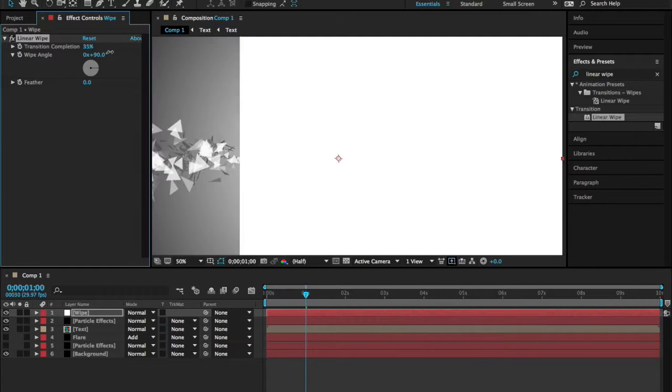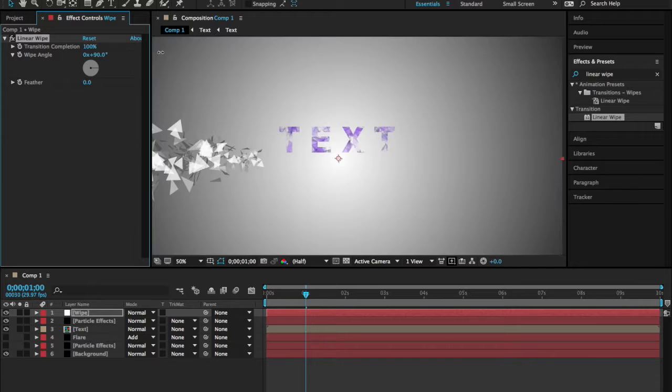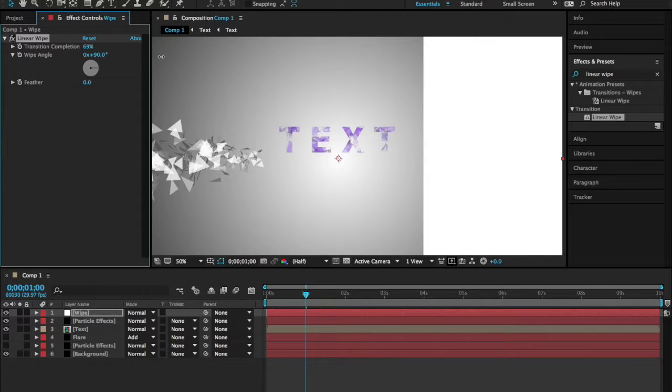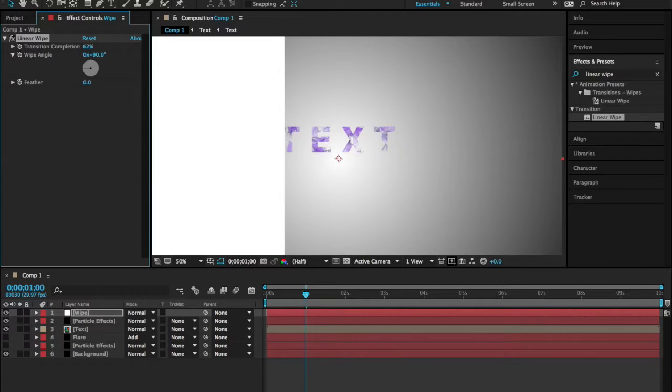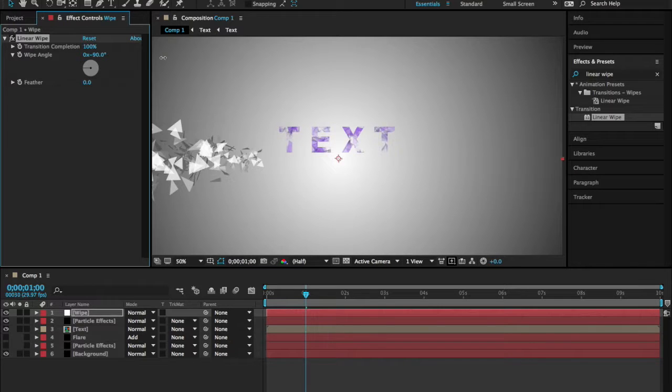from 100 to 0. Right now it's going the opposite direction of my particles. I don't want that. I want that to go from left to right. So I'm just gonna change 90 to negative 90. So right now it's going from left to right. So the way that I'm gonna keep that